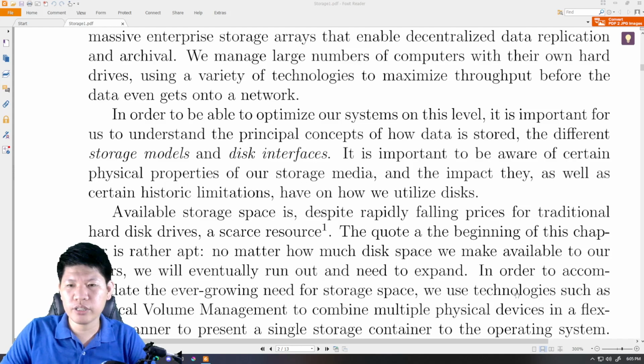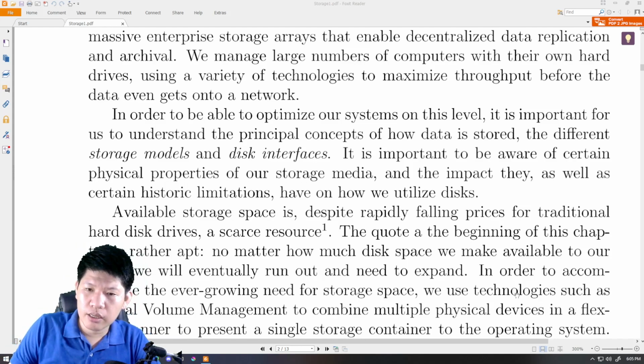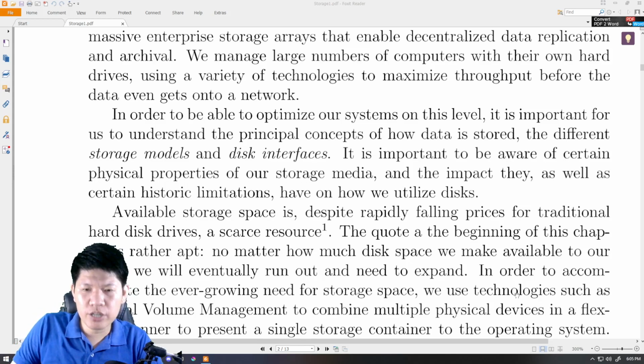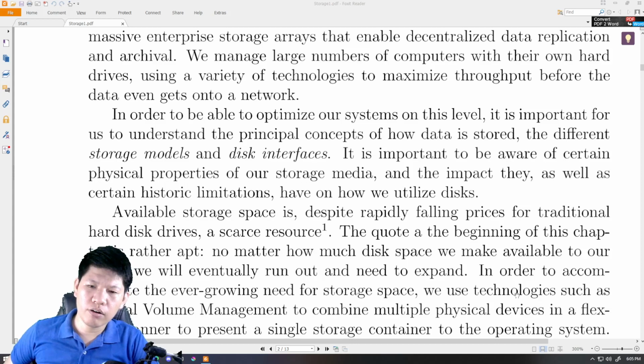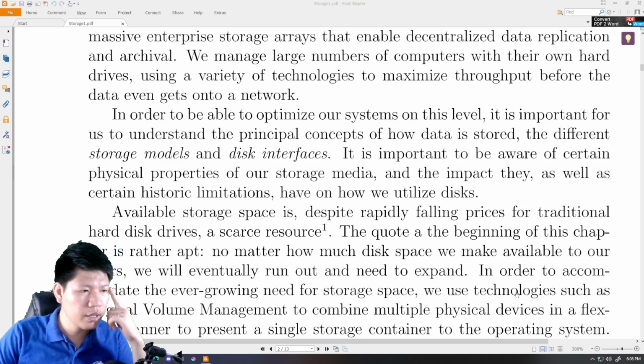It's very important to be aware of certain physical properties of storage media and the impact certain historical limitations have on how we utilize this,